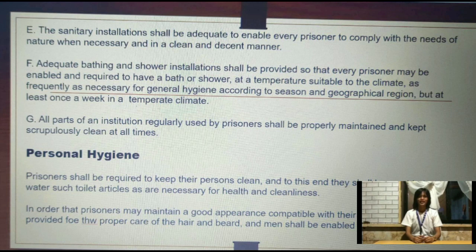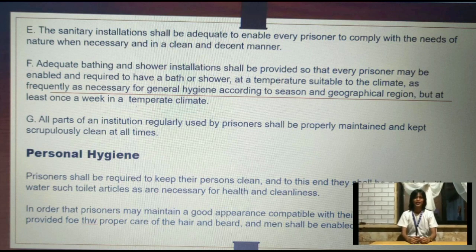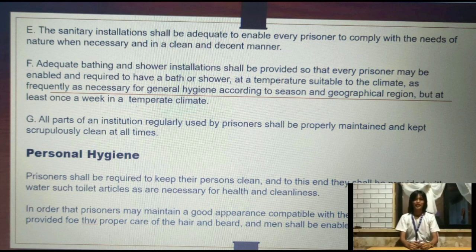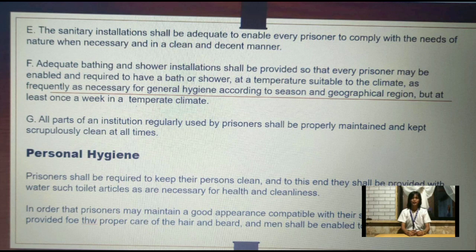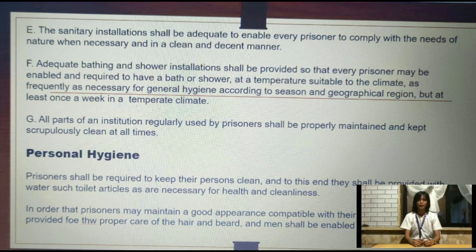A. The sanitary installation shall be adequate to enable every prisoner to comply with the needs of nature when necessary and in a clean and decent manner. Sanitary areas, basically comfort rooms, are also installed so that prisoners may have a clean and decent way to answer the call of nature. F. Adequate bathing and shower installation shall be provided so that every prisoner may be enabled and required